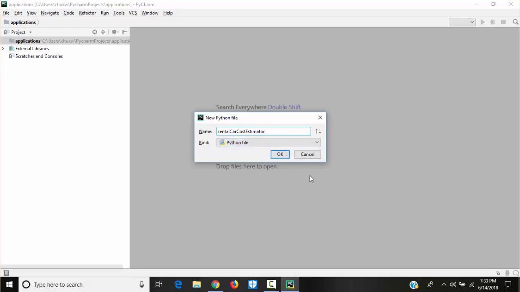We call this naming system camel case. Just like a camel, it has humps. This is the head of the camel, and this uppercase is the hump. So we call it camel casing.